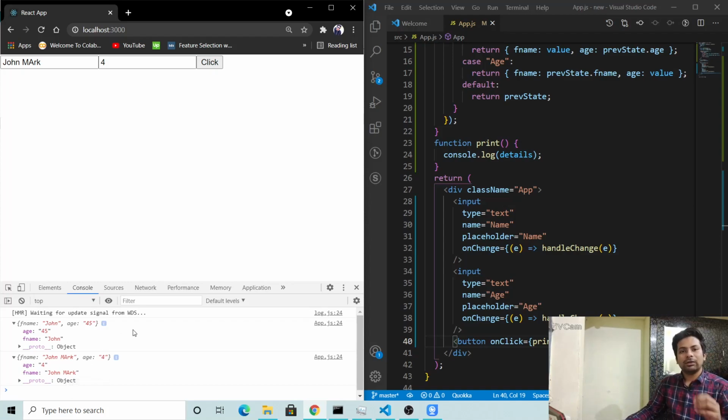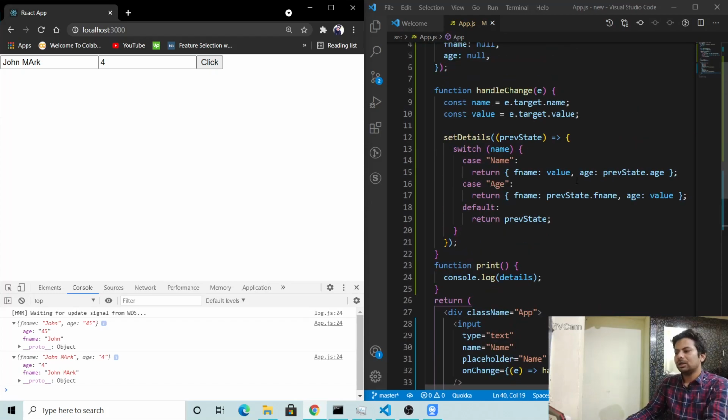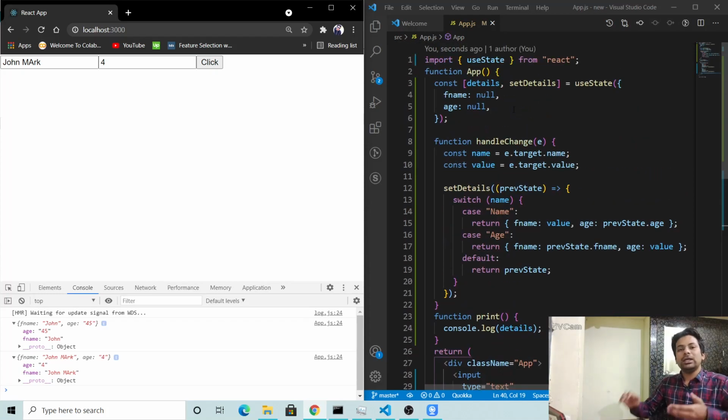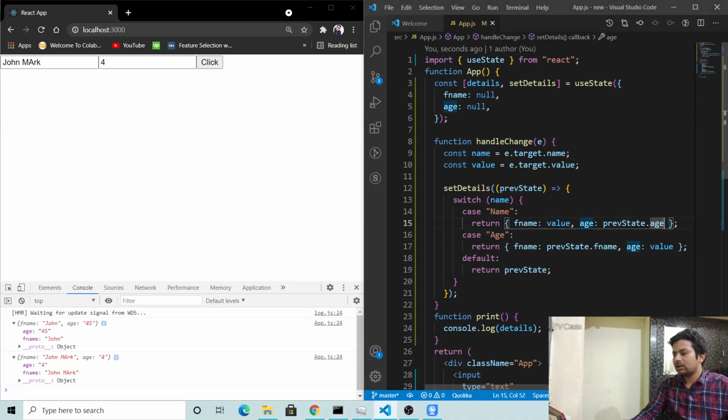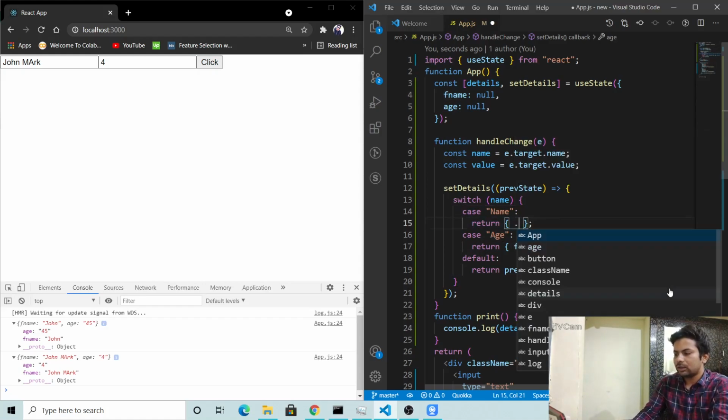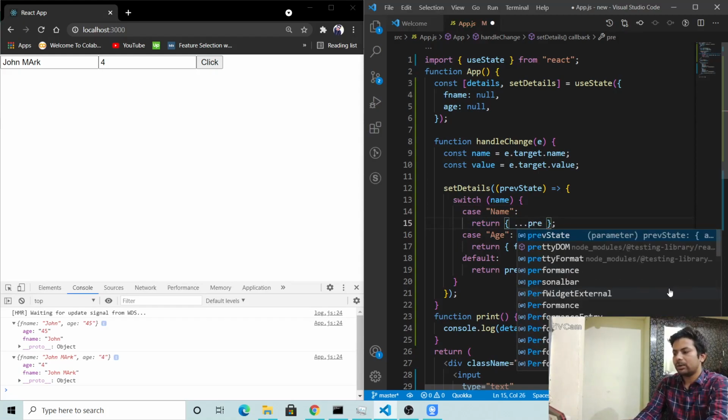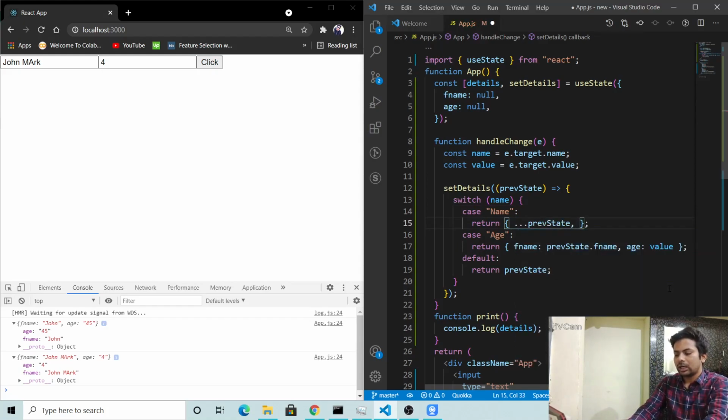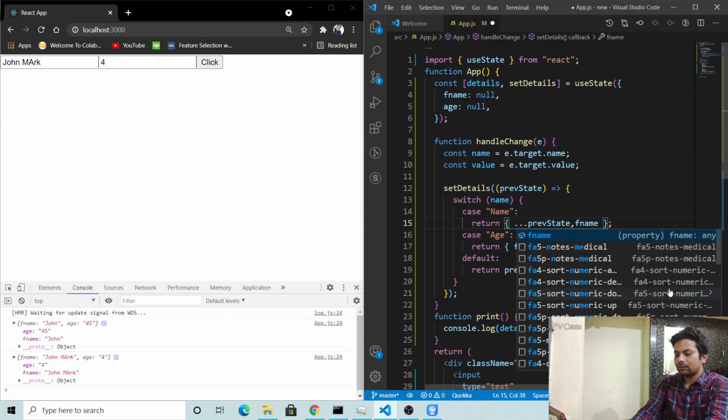But there is one problem, not really a problem, but you have to write multiple code. Suppose you have a big line of data, you just can't write for everything here; if you keep writing for 10 tags, it will be so much. So what you can do is use the spread operator with the previous state and whatever you want to update with the value.